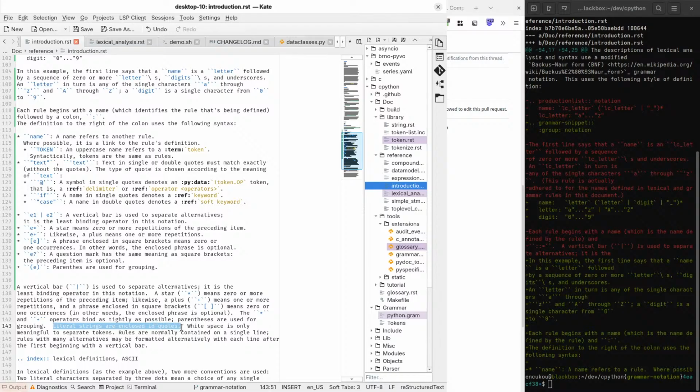Literal strings are closed in quotes, yeah.